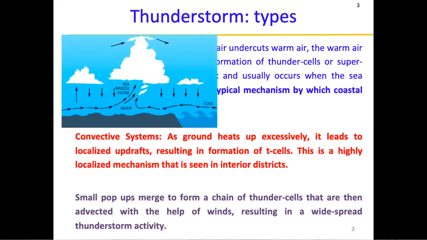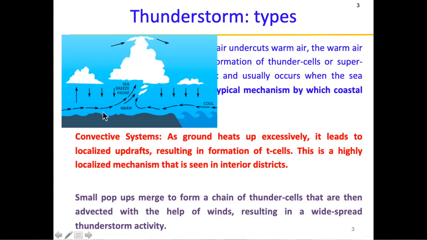So this is exactly what I'm talking about. The sea breeze sets in. As the sea breeze sets in, you can see that it is coming in from the ocean to land, and that leads to the warm air moving up and the formation of these thunderclouds, which gives rain to coastal regions. This is the reason why Mumbai gets thunderstorms just before the onset of monsoon, when the sea breeze is strong, and also during the withdrawal phase.